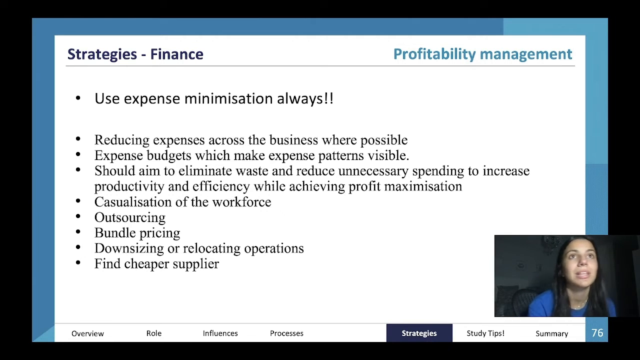For profitability, please, expense minimization always, it's just such a go-to, and I feel like it's one of the easiest ones to use. So it's just reducing expenses wherever possible. Expense budgets are really helpful because they'll show you where expense patterns are invisible, where are visible, and then you can eliminate waste and reduce that unnecessary spending so that you're increasing your productivity and efficiency and then still achieving profit maximization. That can be through casualization of the workforce, outsourcing, bundle pricing, downsizing or relocating operations, and finding cheaper